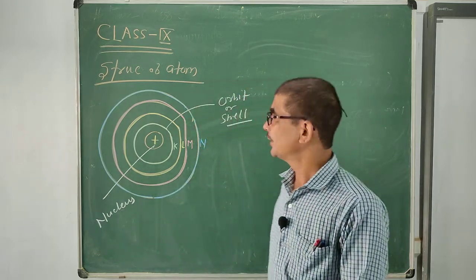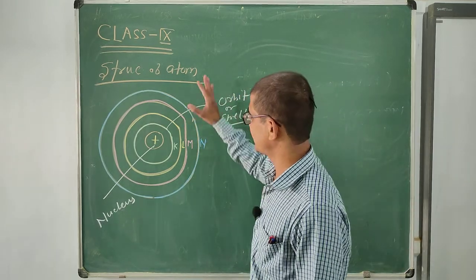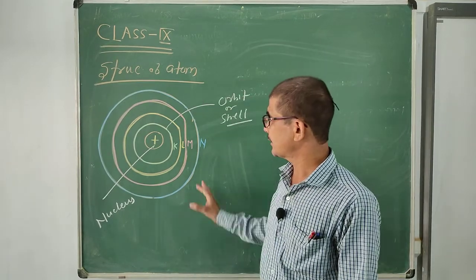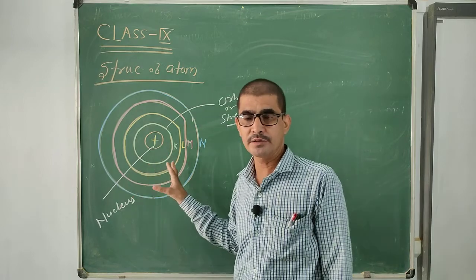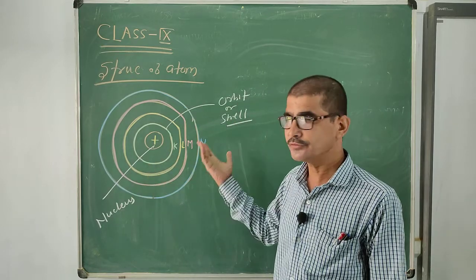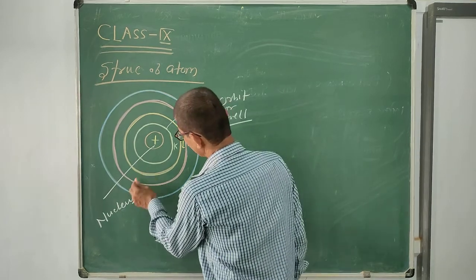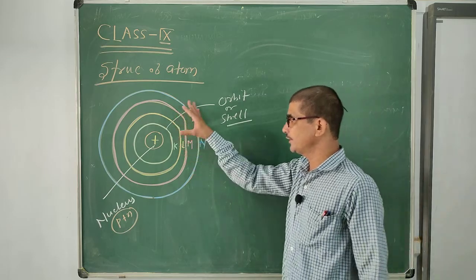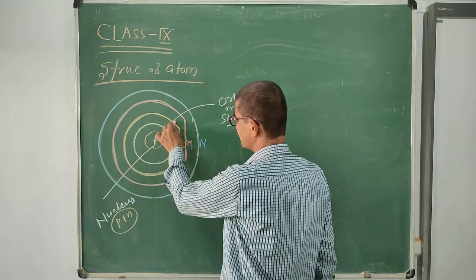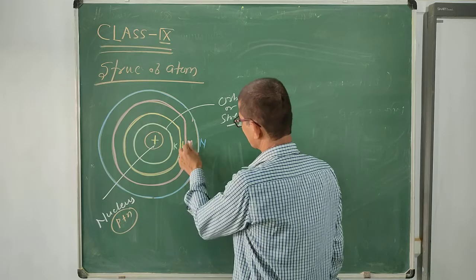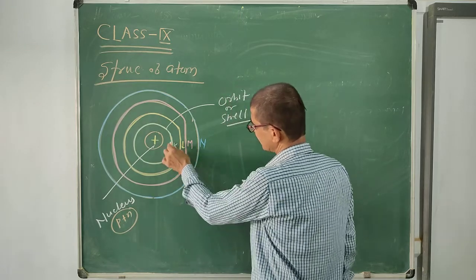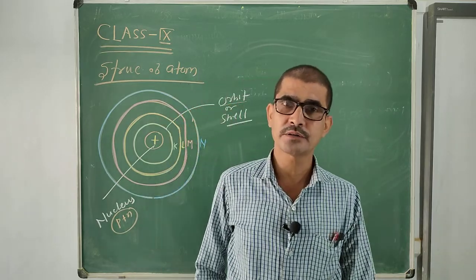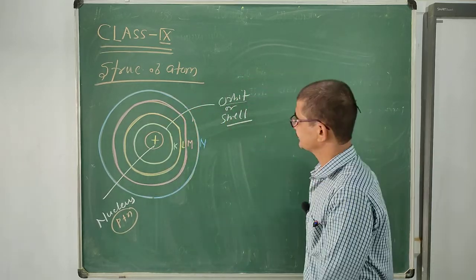Students, as you know, I have already discussed the structure of atom chapters. In this chapter, we are already knowing about the atom and fundamental particles: electron, proton, neutron. Where are these fundamental particles situated? Proton and neutrons are situated in the central part of the atom, which is called the nucleus, and electrons revolve in a circular path. This is the first orbit, second, third and fourth. This circular path is called orbit or shell. So orbit is a circular path where the electron moves.